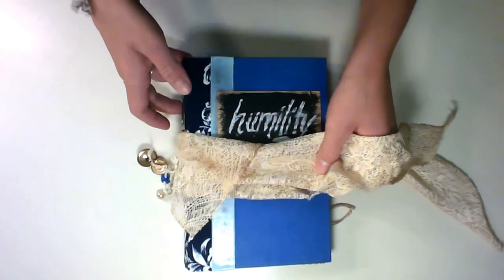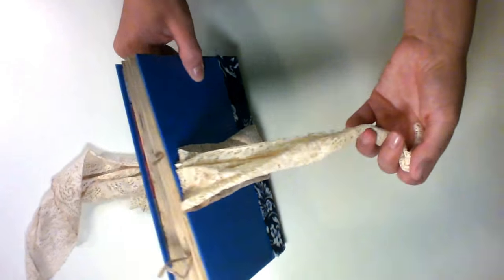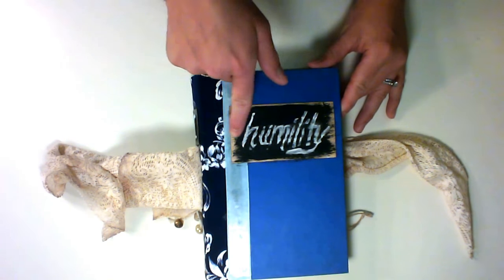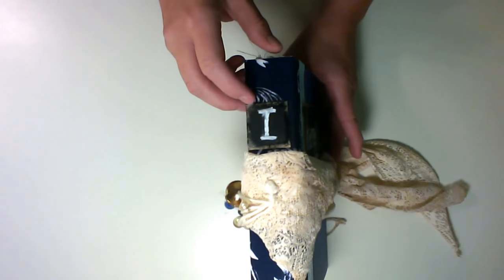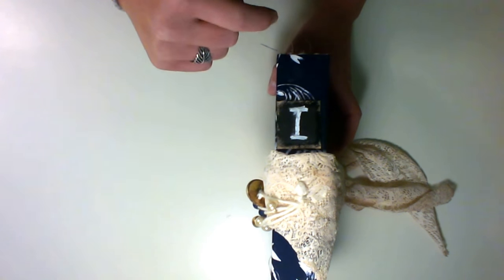So I have it glued both on the back, here on the spine, and on the back of my book here. So you won't lose it, and you can just tie it whenever you want. I've got paper on the front here with some chalk paint, and this is written humility in chalk. It was something I wanted to be remembering. The same thing on the side. So this is just a piece of paper, tea-dyed paper with some chalk paint and the letter I on there